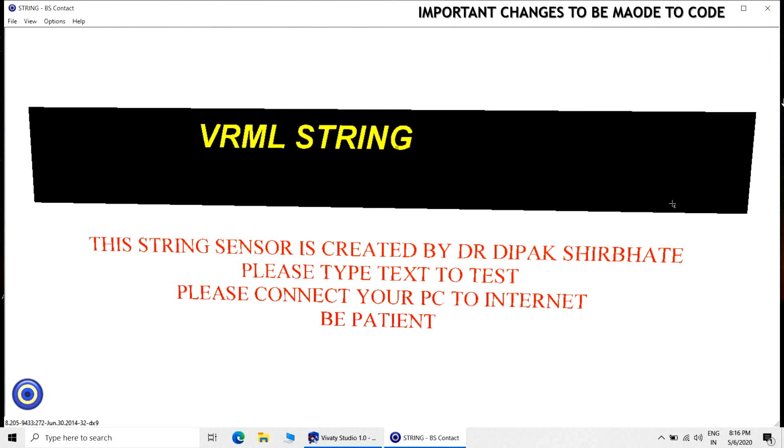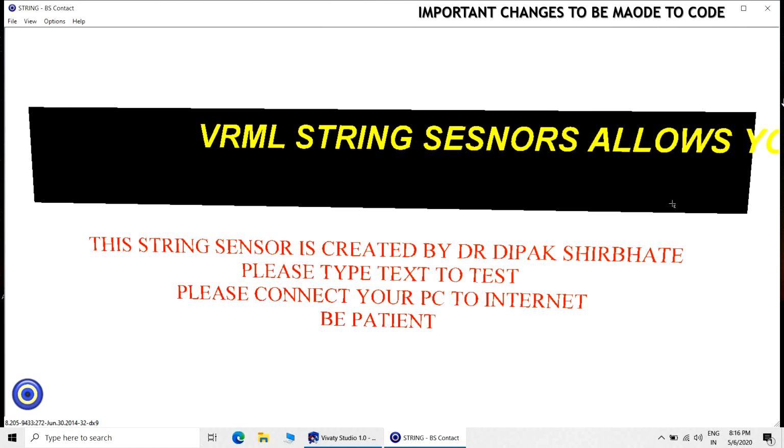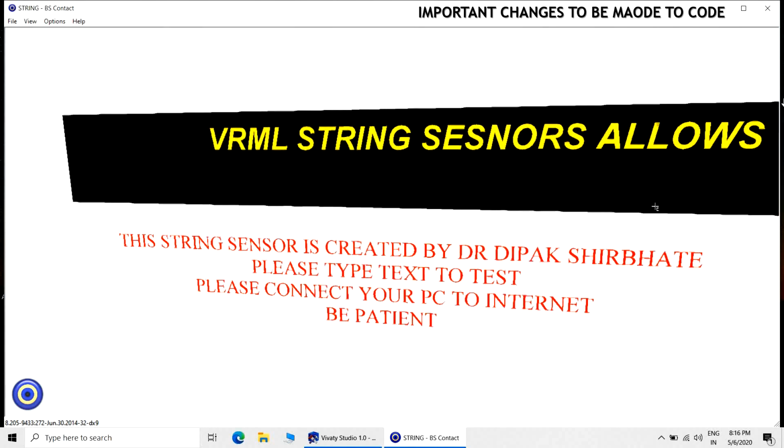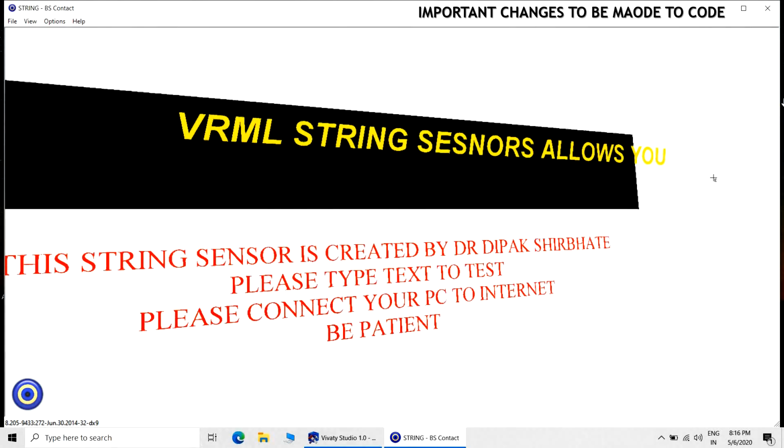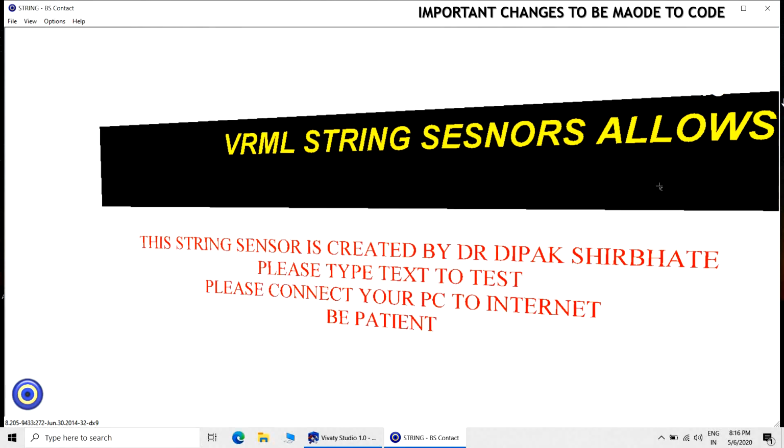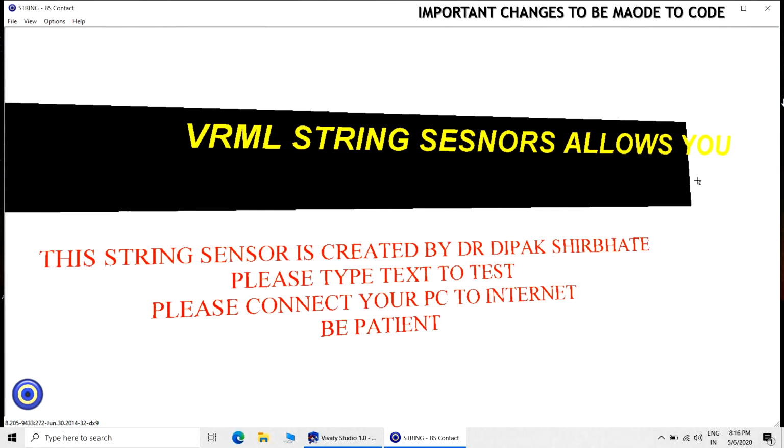So this is how the VRML string sensor is working. VRML string sensor allows you to type something in the VRML environment.